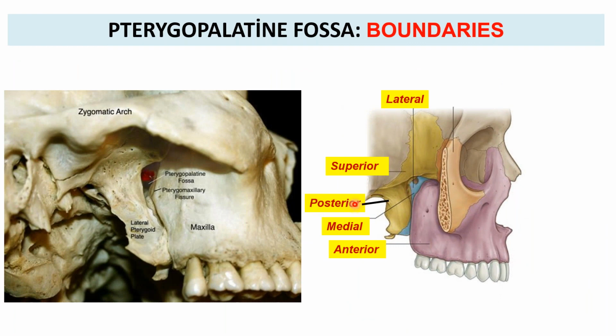Now let's see the same diagrammatic representation of all these walls in the actual skull. If you see, this is the anterior, posterior part, the superior and the inferior. This is the zygomatic arch. So where will you look for the pterygopalatine fossa? You look for the pterygopalatine fossa over here on the lateral aspect of the skull. This is the zygomatic arch. Above it will be the temporal fossa. Below it will be the infratemporal region. So this is the infratemporal region.